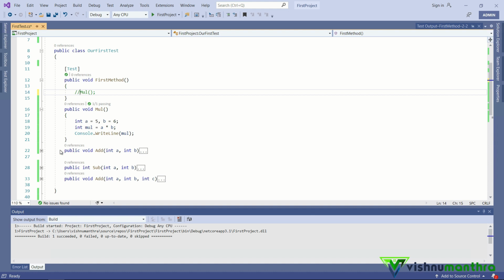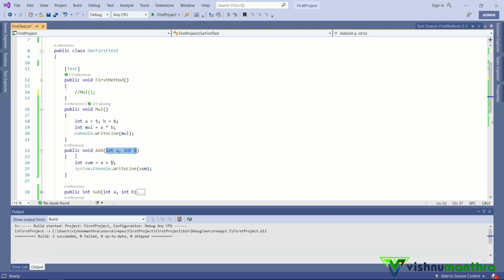Okay, and we are having the next method. In this method, I am having parameters for this addition. I am not passing the values of a and b as I have passed here. I am having parameters here. So this is another way I can declare a method, and you can see that I am having the accessibility as public, and I am not returning anything, and I can call this method. But the only precondition is that when I call this method, I have to pass the values of a and b as well.